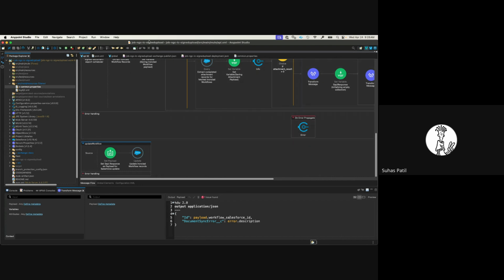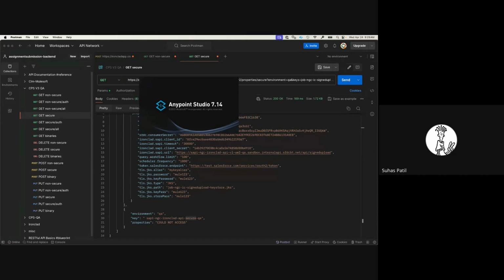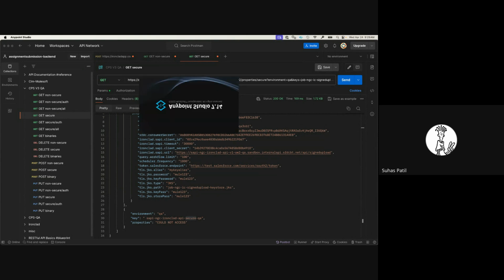So this was the scheduler. Let me ask, suppose something fails, will it be picked up again in the next scheduled run? Yes, it would be. Suppose all of a sudden Ironclad stopped responding to us, and that's the reason all of our records were getting failed. Say we figured that out; since it's a scheduler,